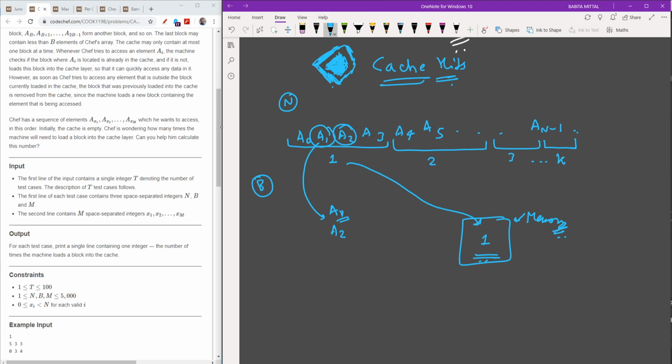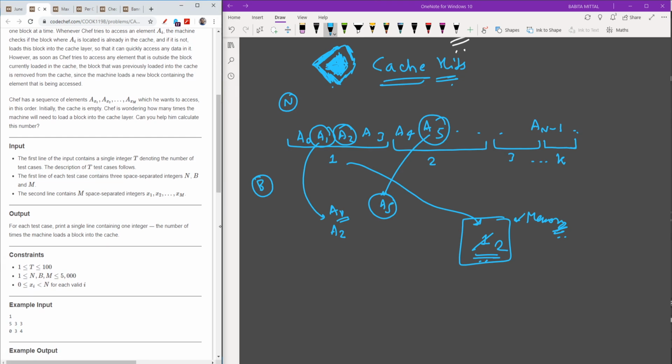But if I want to access a5, then I will change its block number to 2, and then a5 will be loaded.